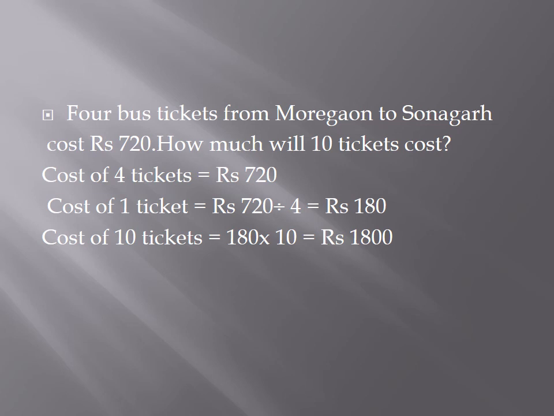The cost of 1 ticket is equal to rupees 720 divided by 4 is equal to rupees 180. Then the cost of 10 tickets is equal to 180 multiplied by 10 is equal to rupees 1800. Now students, try to solve more questions